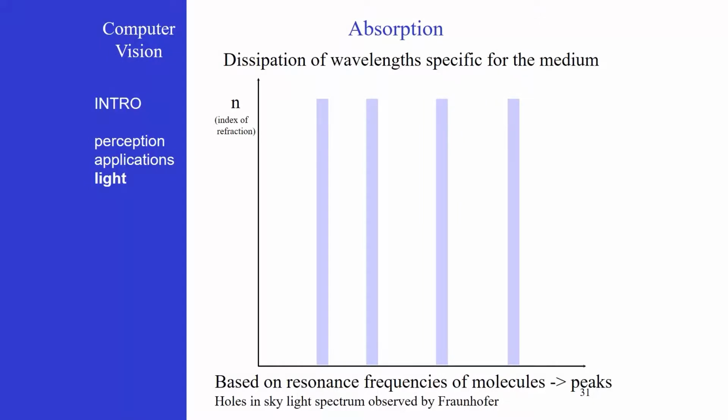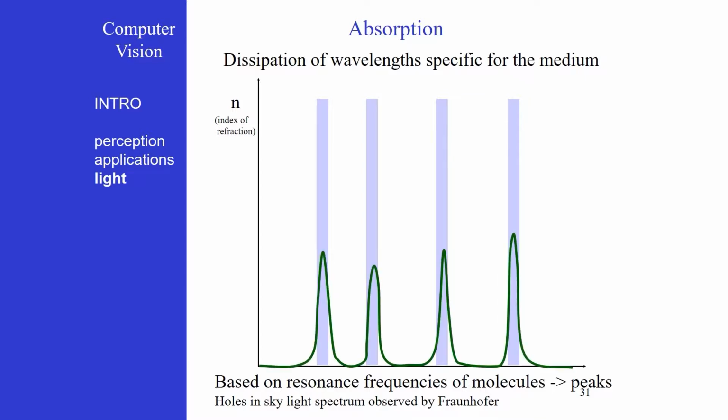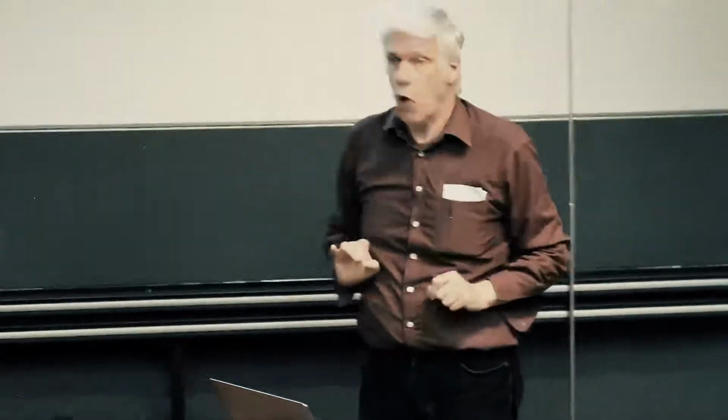So here you see the effect. So we have these very narrow windows of these resonant frequencies where the light with that wavelength, with that frequency, is actually absorbed away. So the level of absorptance will be something like this. Close to zero, then suddenly going up for that resonant frequency, going down again. There's another resonant frequency for another molecule, there it goes up again, so that molecule will also take out. The different molecules with different resonant frequencies take out all these chunks, these little parts of the different